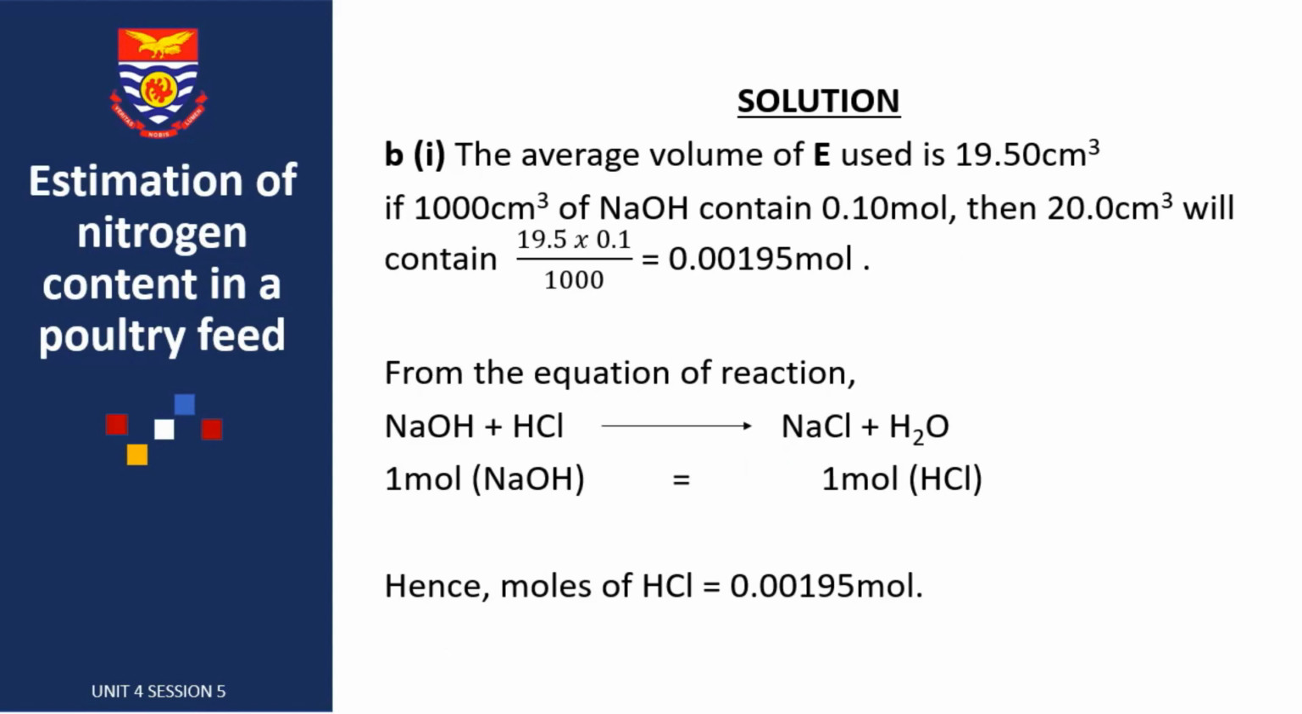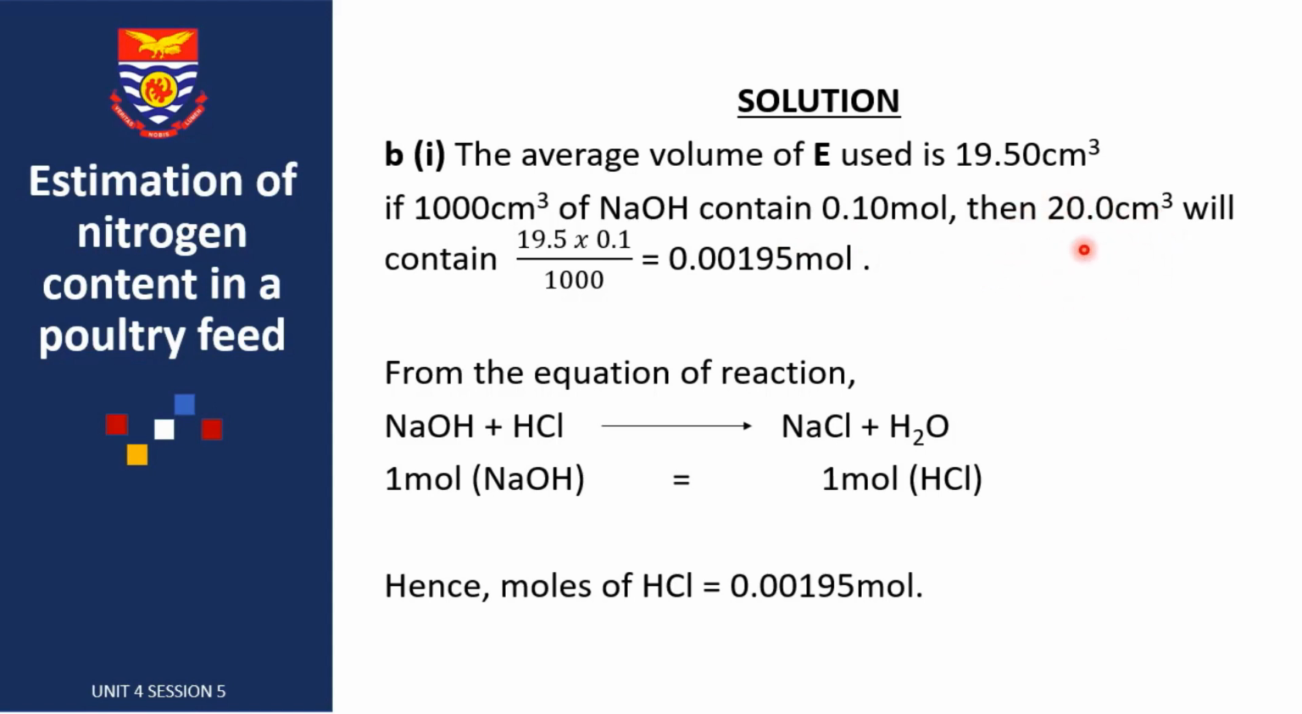So we start from the sodium hydroxide because we know its concentration and volume. The concentration was 0.1 moles per dm cubed. We interpret from there. 1 dm cube is equivalent to 1000 cubic centimeters. So if 1000 cubic centimeters of sodium hydroxide contains 0.1, then that volume of the sodium hydroxide that was used to react with the acid, the 19.50, will contain 19.5 times 1 over 1000. That gives us